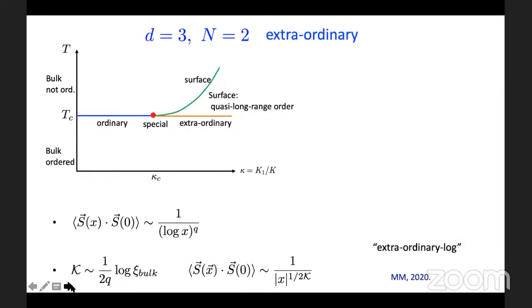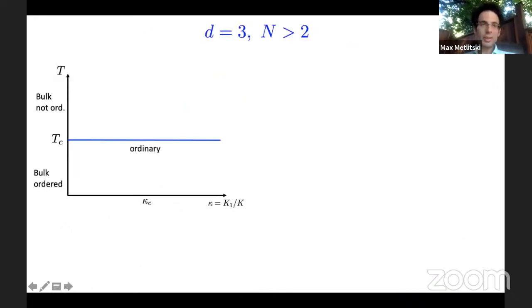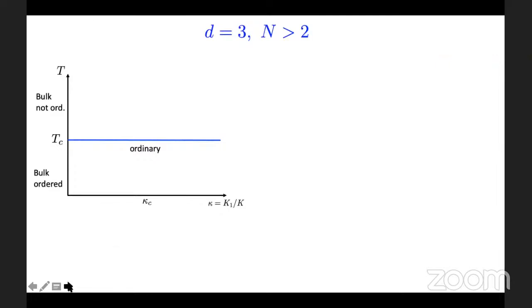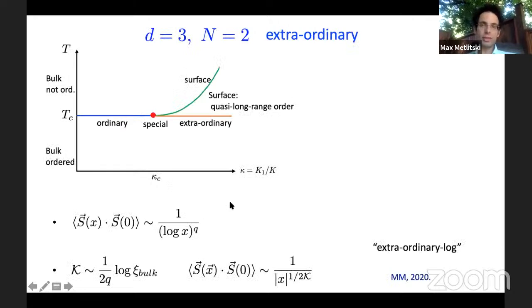Okay, let's see how we are doing for time. All right. So don't worry about time. There's no time constraint. This is about this xy